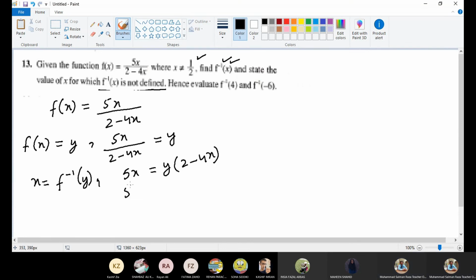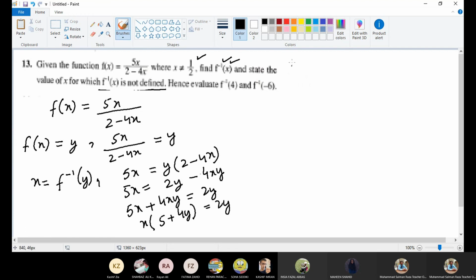Now, in order to make x the subject, I have to solve it over here. It's going to become 2y minus 4xy. Now I'll keep all the x's on one side and the others on the other. Taking x common, it is going to become x into 5 plus 4y is equal to 2y. So the next step, I'll write x is equal to 2y upon